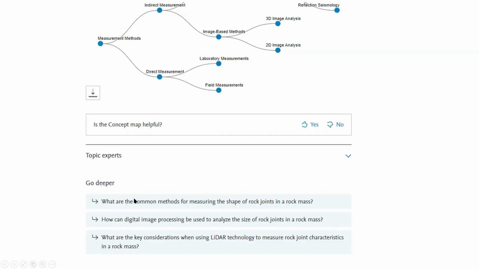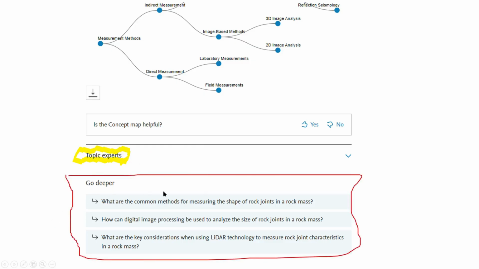And if you scroll down further, in this section it also brings up topic experts. That is, it lists the names of people who have conducted more research and have greater expertise in this topic of interest to you based on the articles they have published. And at the end, it says, if you want to delve deeper into this discussion, you can ask another question. It also suggests several related questions here, which are actually drawn from those same reference articles. It has provided its own conclusion here so that you can become more deeply familiar with the topic.